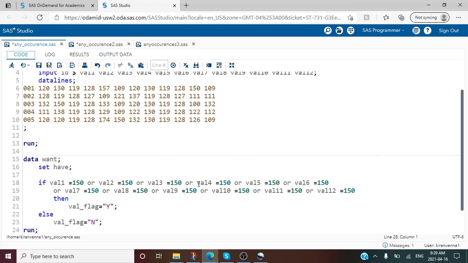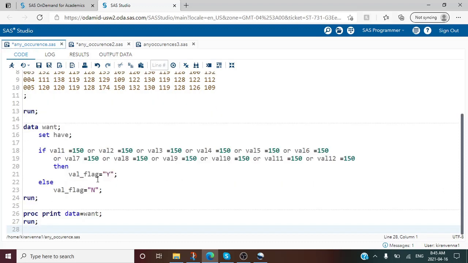If you find 150 in any of these variables, then create a flag with the value y, else it should have the value n. Whenever the value of val_flag, our new variable, is y, it indicates that that observation has 150. Whenever val_flag has n, it indicates that our observation does not have 150.